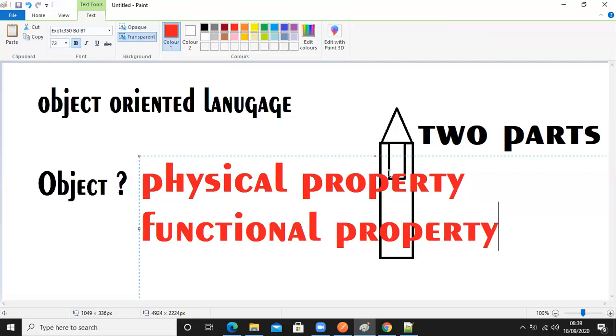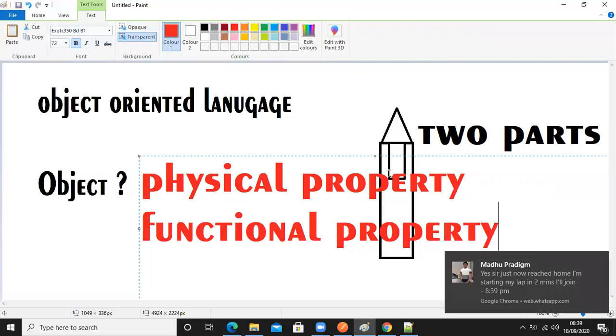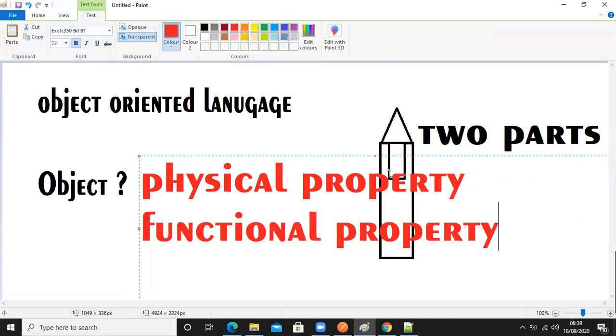Based on these properties, an object has uniqueness in the world. How do I say it's a mobile, how do I say it's a pen? Based on the physical and functional properties. Both are making uniqueness, correct?